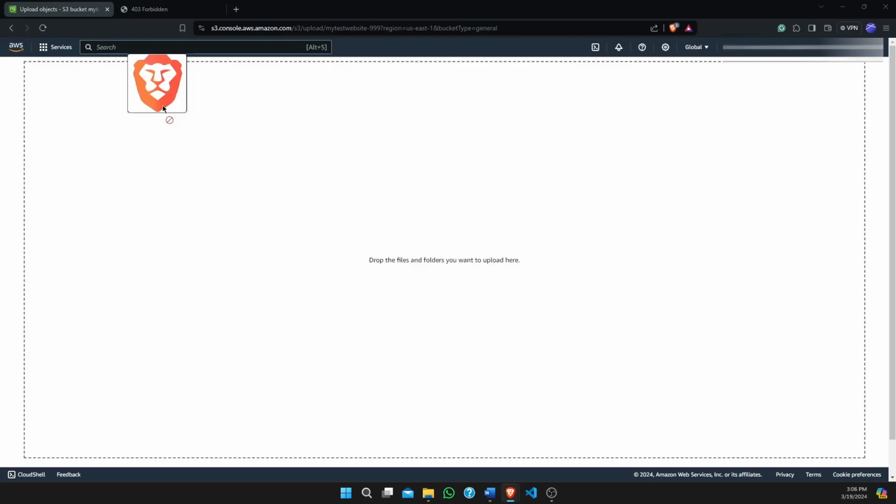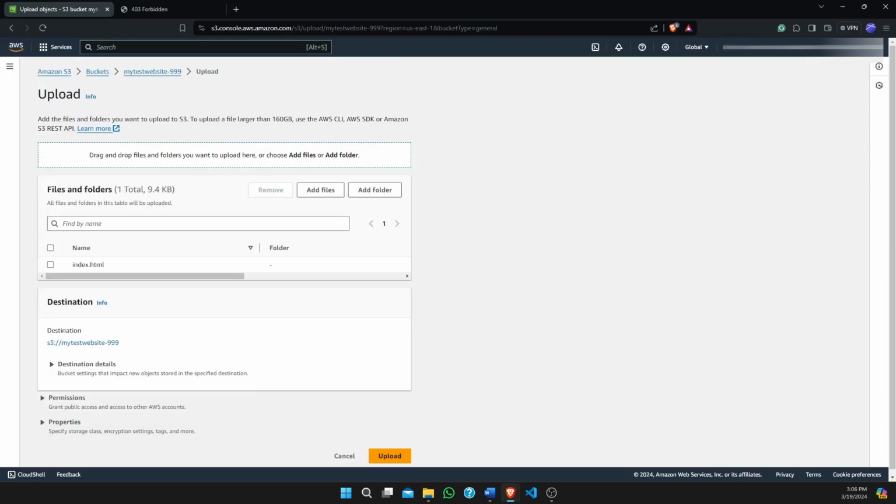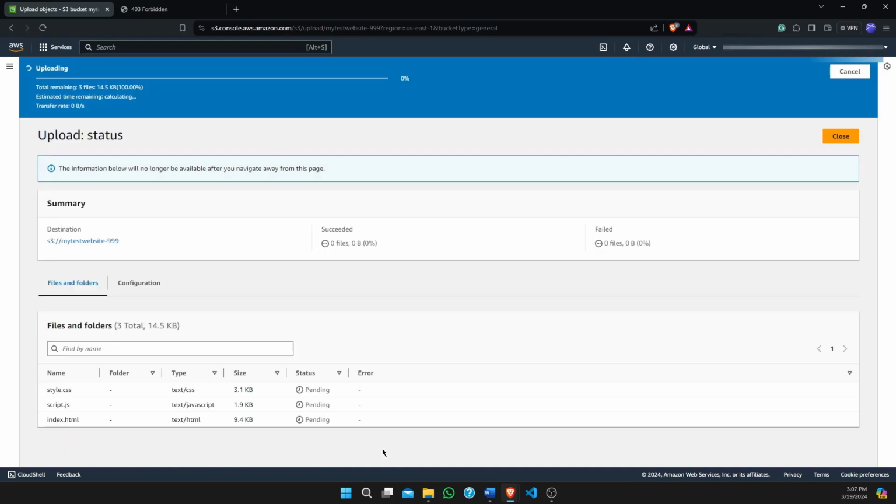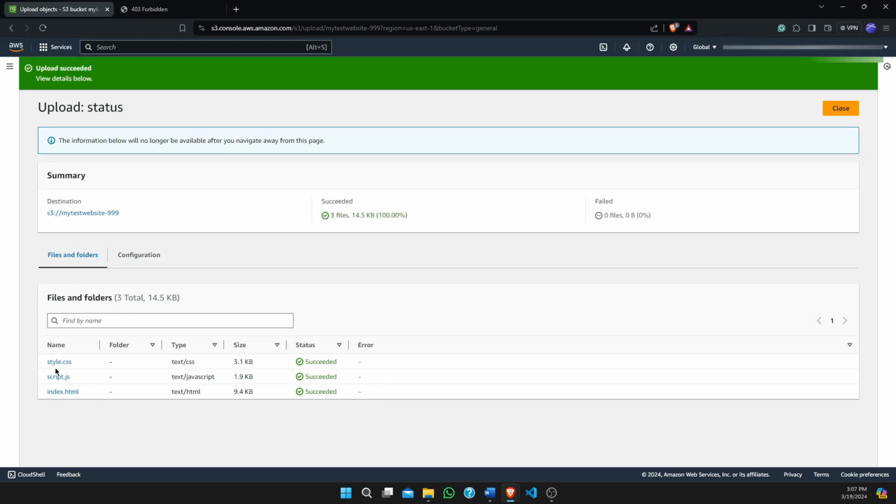I have this one file, and I will just click on upload. As you can see, I have uploaded the basic index.html, script.js and child.css, which are the standard files